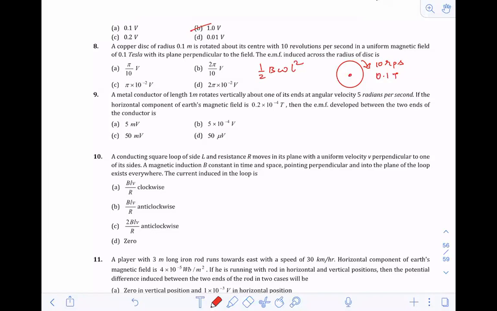Now you have to just solve this question. What's the option? C, B, D, C, B. Is there anyone with A also? I have got C, I have got B, I have got D. Nobody has answered A. Anybody with A also?